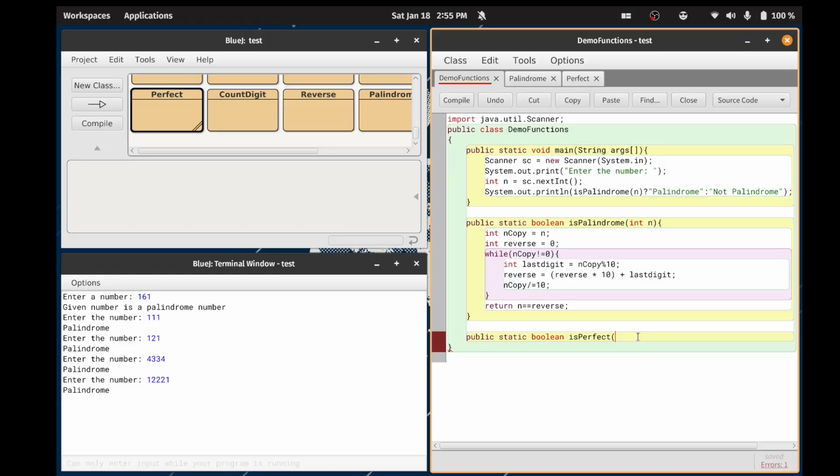Whenever you are doing a comparison, let's say 5 greater than 4, 10 greater than 2, or maybe less than or equal to something, these are logical operators, right? These are anyway going to return true or false only. That's why you just return the comparison directly, and it will work. It is bound to work. So int n